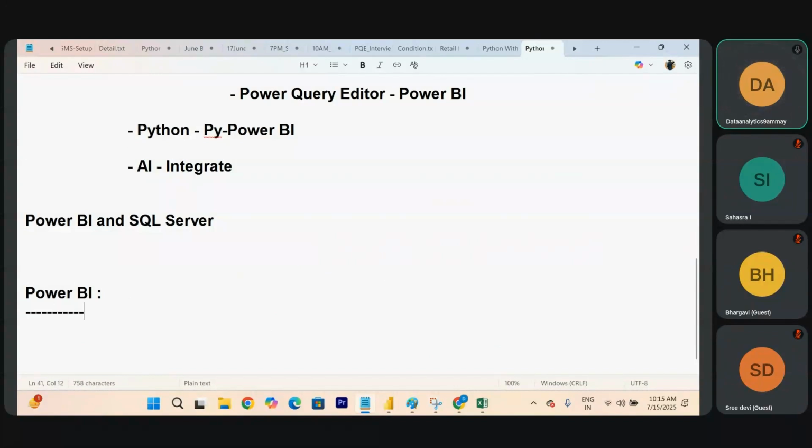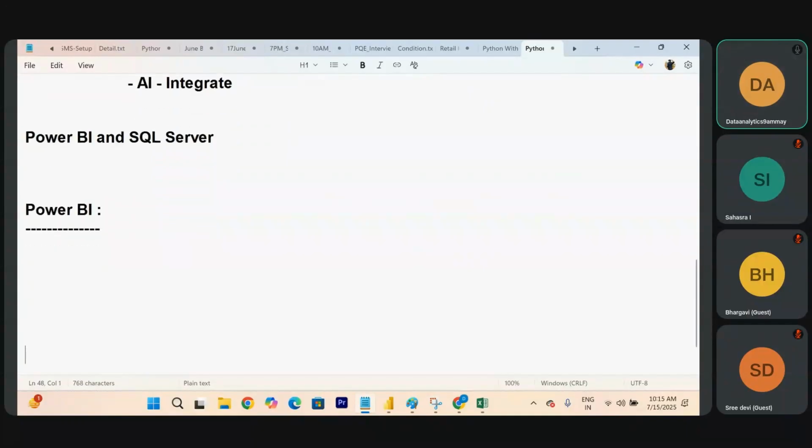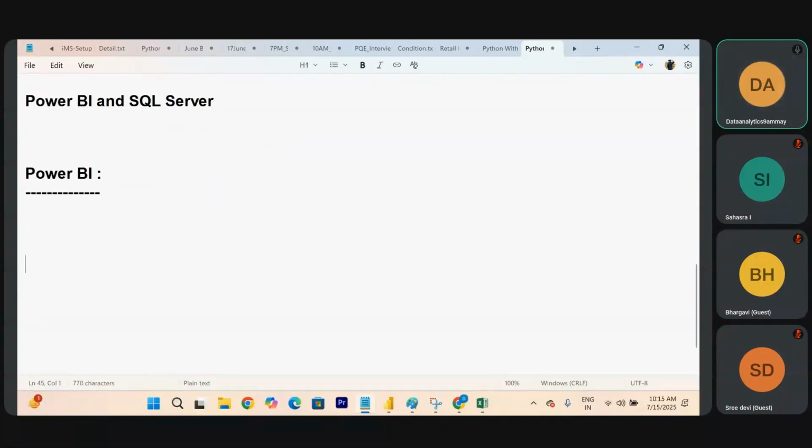Now just observe here. So let me make you understand Power BI. So let's understand what is Power BI. Before we understand Power BI, as I told you, for any technology you want to understand, you must require what? Data. Let me understand data first, then after that we will understand. So data, I used to call it the new oil in the world. Why do I call it the new oil in the world?